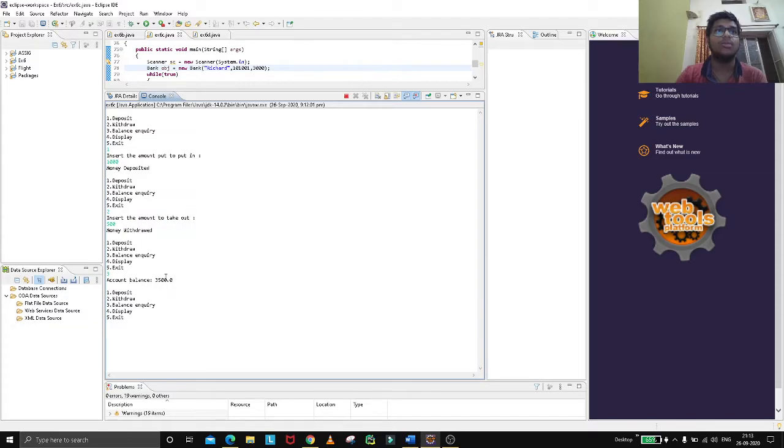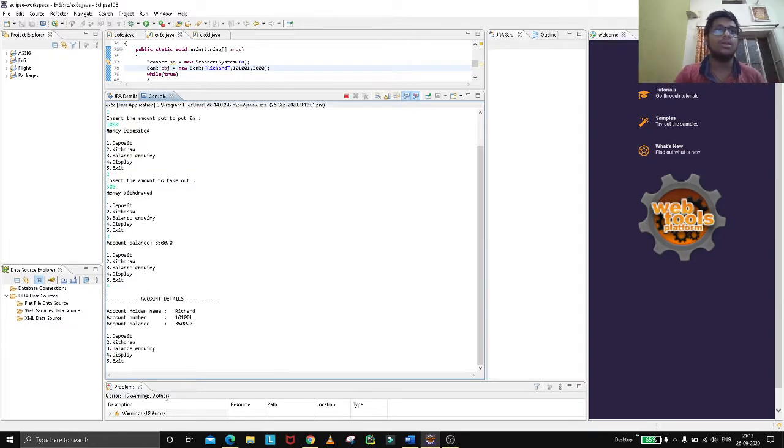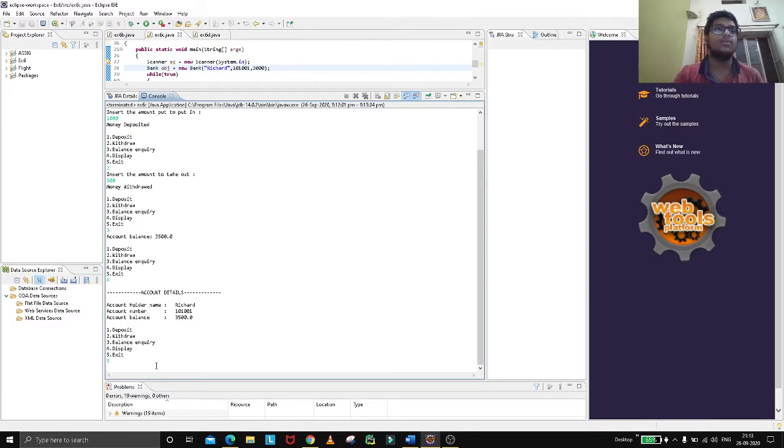That is why the account balance is 3500. Now I want to display the account details, so I press 4. It shows Richard and the account balance is 3500. If you press 5, it will exit.